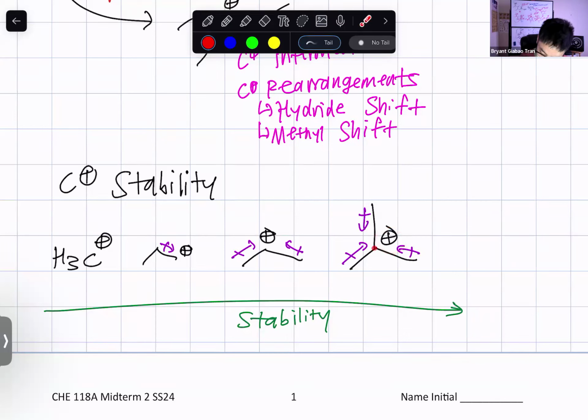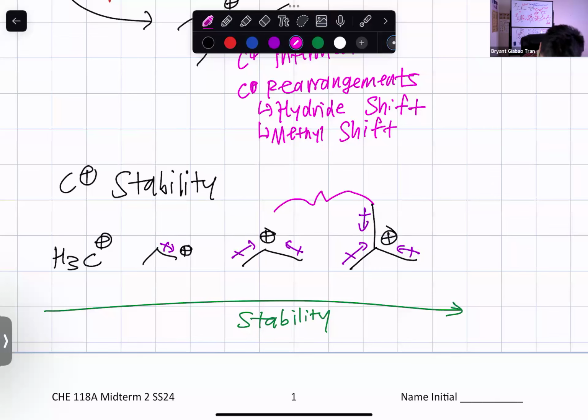We see this tertiary carbocation here has the most amount of friends, so it has the most hyperconjugation, the most stability. Whereas this methyl group here has no R groups at all supporting this carbocation, making that the least stable carbocation, right? In 118B, when you learn about alkenes, there is something that's more stable than the tertiary carbocation, which is